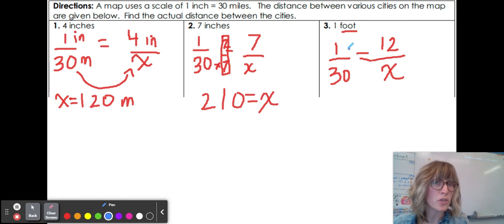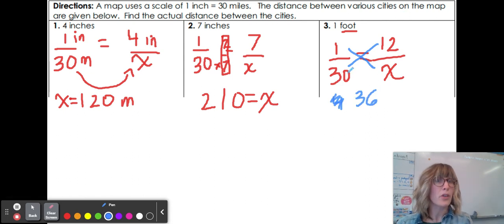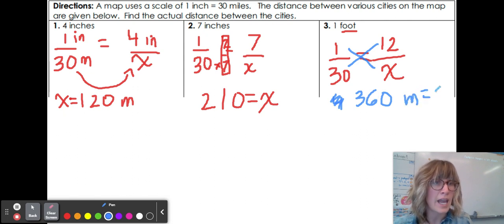So again, different ways you could do it. You could set it up as a proportion using your cross multiplication here, or you can say essentially what diva did we use? Well, we used a diva of 12, 1 times 12 got us 12. So to solve our mystery, we can say 30 times 12. Well, 3 times 12 gets us 36. 3 times 12 is 36, right? But we got to add our 0 back in. So we see that it's 360 miles in actual distance when the map says that there's 1